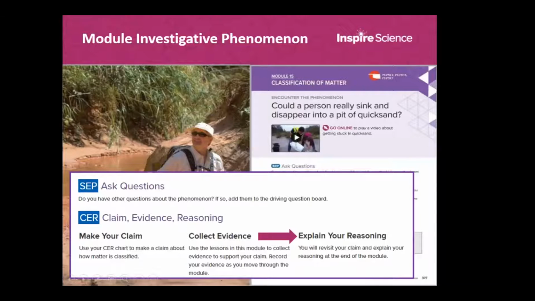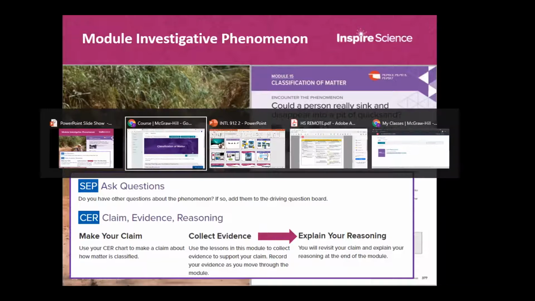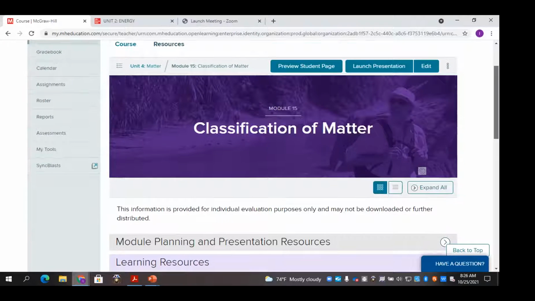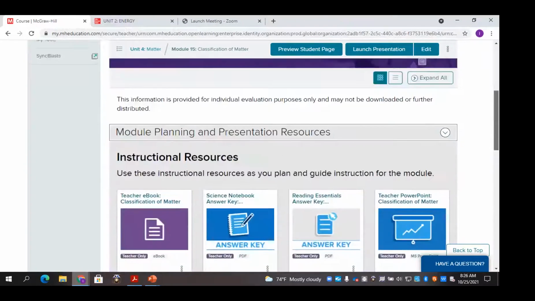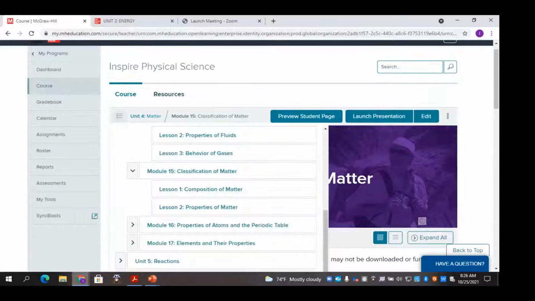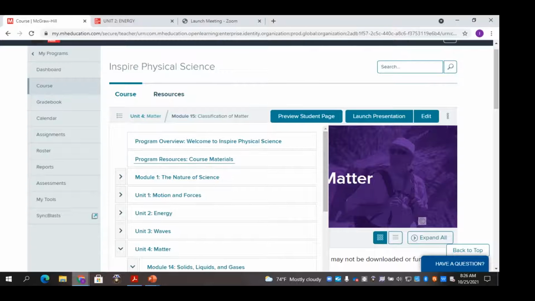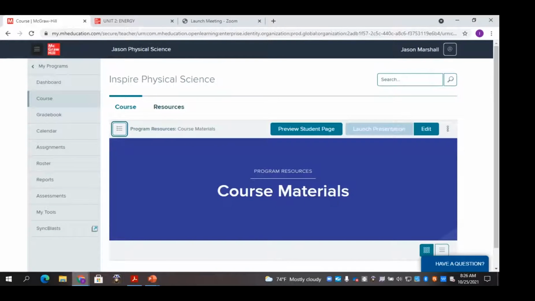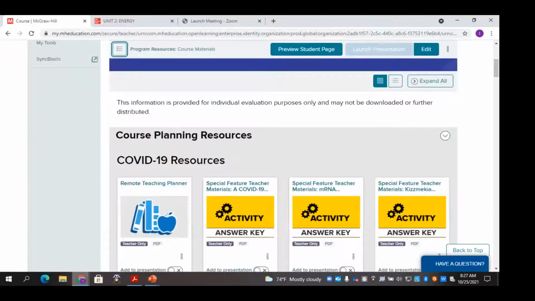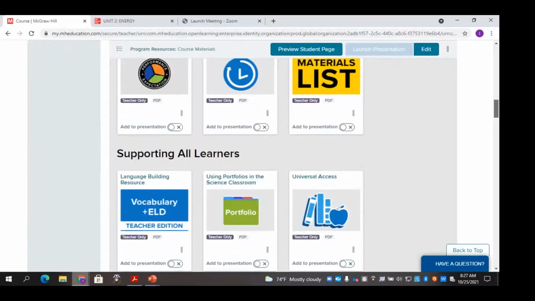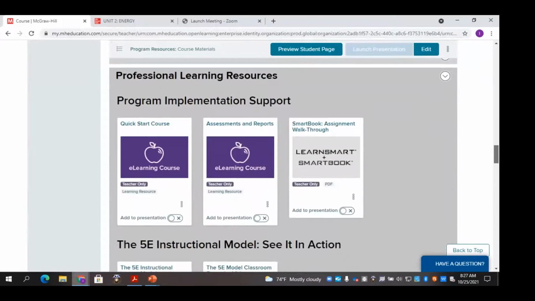Now, every module has claim, evidence, reasoning at the beginning. I find some teachers teach claim, evidence, reasoning or use it in their class, and others do not. Okay, so if you are a claim, evidence, and reasoning user, know that we also have a template here. So if I go to program resources, if I go to course planning, which is my first file folder here, and I scroll down here, I'm going to see,